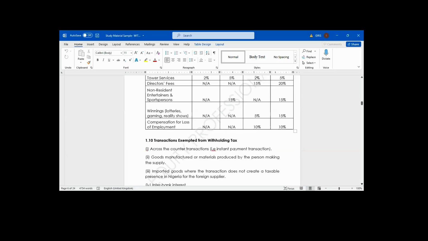Sir, any adjustment to this tax rate in the new tax law? Is there any adjustment to this rate in the new tax law, to withholding tax? In the new tax law, there is no adjustment to withholding tax. Withholding tax has been reviewed in 2024, last year already. They have made a review of it.